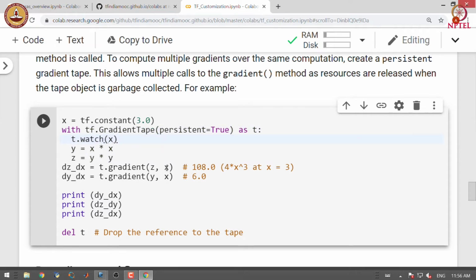Since we are interested in calculating the derivative of z and y with respect to x, which is a tensor, we first add the tensor x to the watch list and then perform the remaining forward operations. So, here we obtain y by multiplying x to itself, or in other words by squaring the value of x, and z is obtained by squaring the value of y.